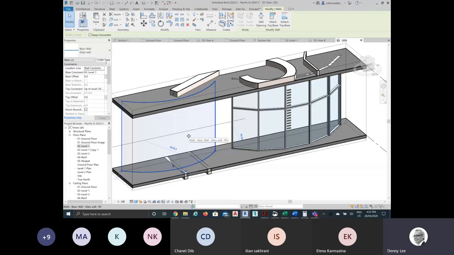Openings or doors in a curtain wall. To do those, but again, you need to understand how curtain wall